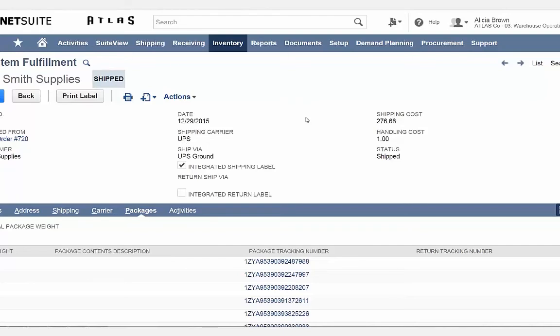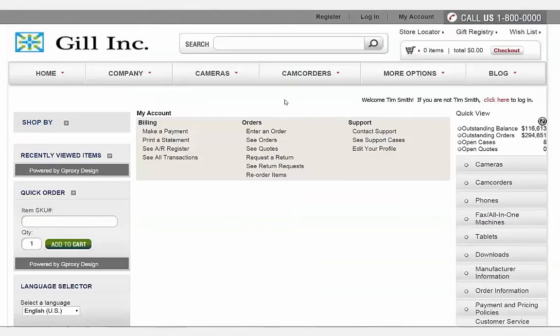But sometimes customers want more updates, and with NetSuite, your customers can check their order as well in their customer self-service portal. The customer self-service portal allows your customers to manage their business with you. Here they can see their balance, make payments, create and view support cases, and see the status of orders. You can see your account balance,